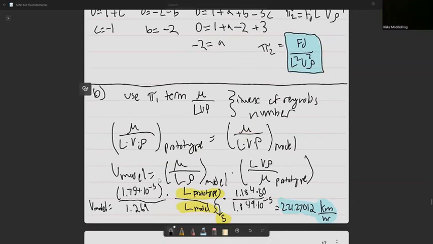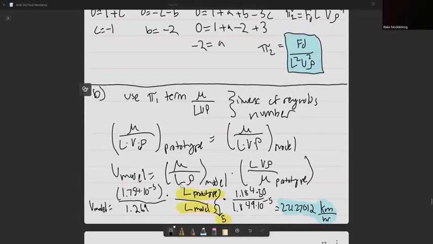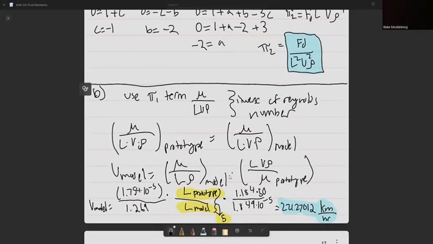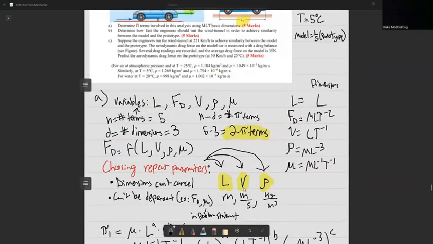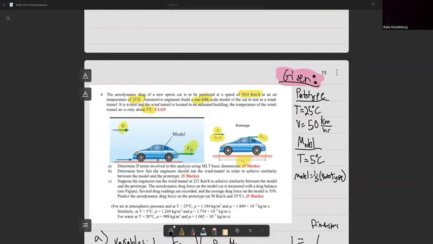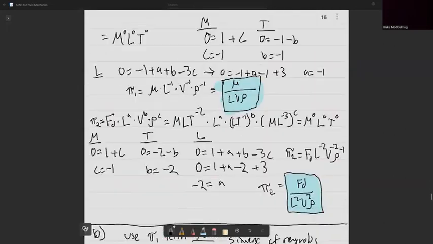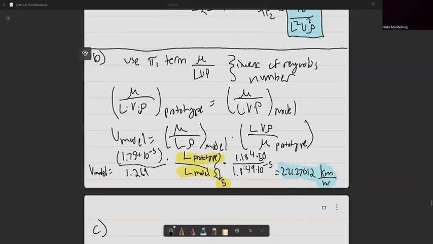So we pull those values down and plug them in, and we want to take the length of the model and the length of the prototype and make them their own fraction, because we know that there is a relationship between the size of the prototype and the model in this example. It's length, because that's the dimension we have. So the length of the prototype divided by the length of the model is going to be 5, because if you see here, the length of the model is 1/5 the size of the prototype. So if you do prototype in terms of model, the prototype is equal to 5 times the model length. So bringing it back, we have this is equal to 5, and then we are going to multiply it